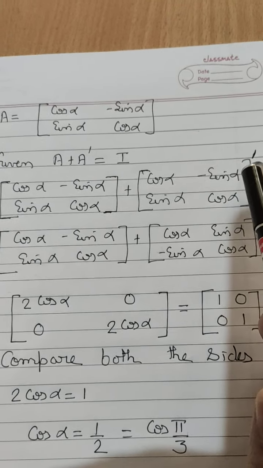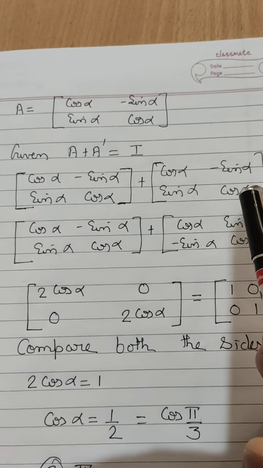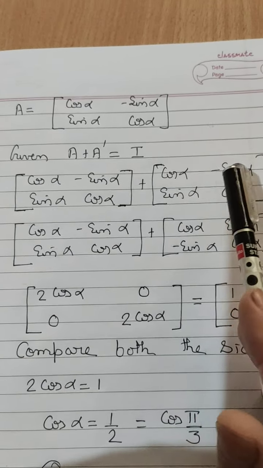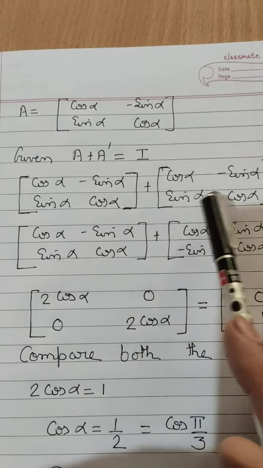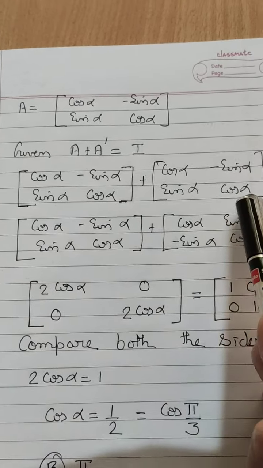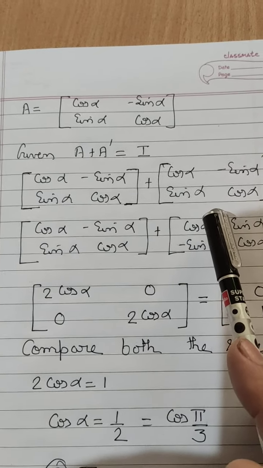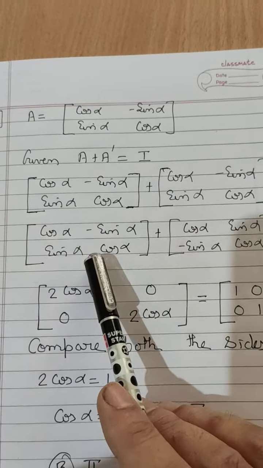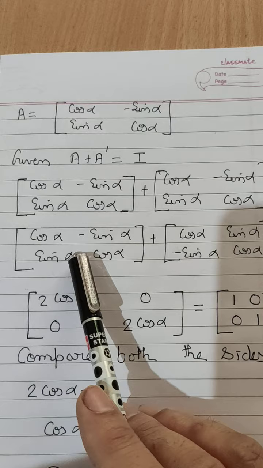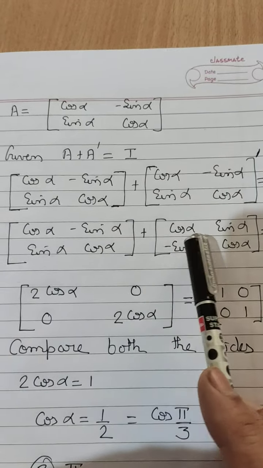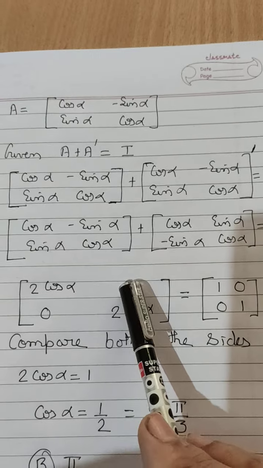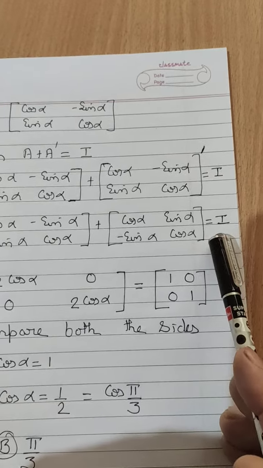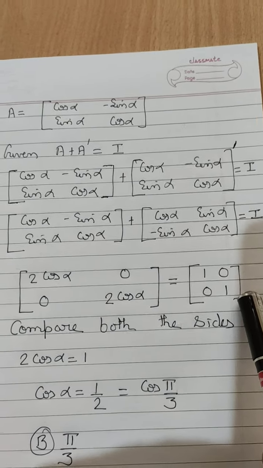So how are we calculating the transpose? Changing rows into columns. So this row's elements are written in a column: cos alpha, minus sin alpha; sin alpha, cos alpha. Second row in place of second column, first row in place of first column. Now the transpose sign is removed because we have applied the property. Now add these matrices. As we are adding, how do we have to add it? Corresponding elements we are adding: cos alpha plus cos alpha, 2 cos alpha. Here we are getting 0, sin alpha minus sin alpha, 0, cos alpha plus cos alpha, 2 cos alpha. Here the I value is what? 1 0 0 1. We have substituted.